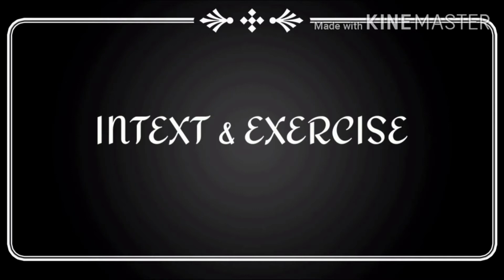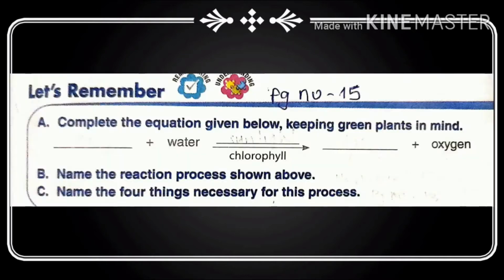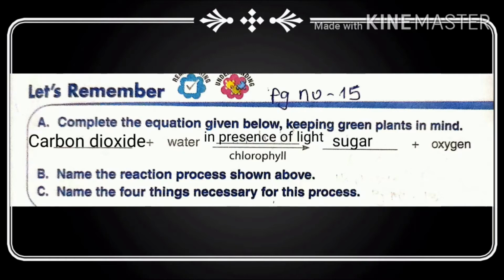First of all, we will start with the in-text exercise. Now take out page number 15. The first question is complete the equation given below keeping green plants in mind. Now you have to see the photosynthesis part. In that one equation is given. Accordingly you have to fill this equation. So here is the answer, that is carbon dioxide plus water in presence of light and chlorophyll, it gives sugar